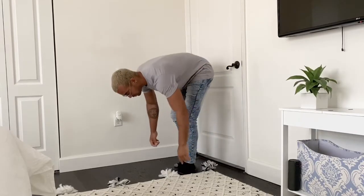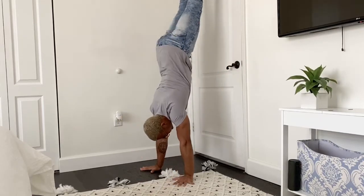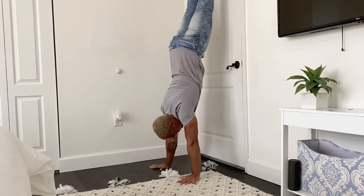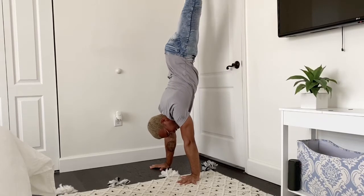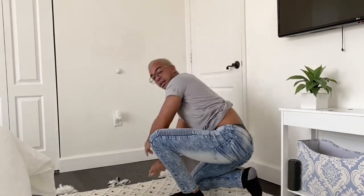So the first one I'm doing is walking up to the wall again, here. And then I'm bringing my left leg down and I'm following it with my right foot. So it's kind of like a cartwheel, assisted cartwheel from my handstand, and you're just guiding your legs down to